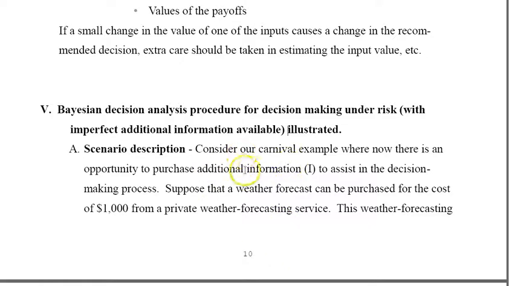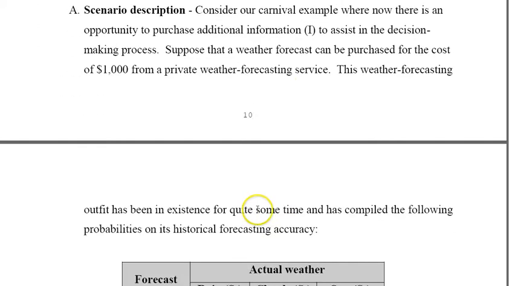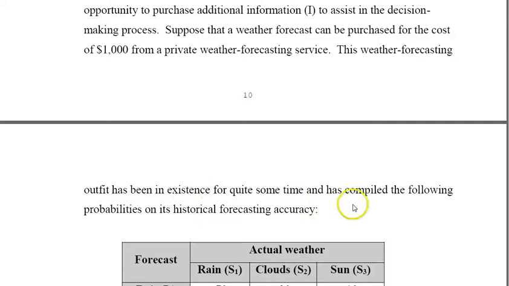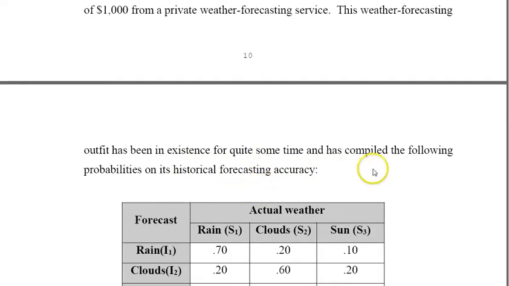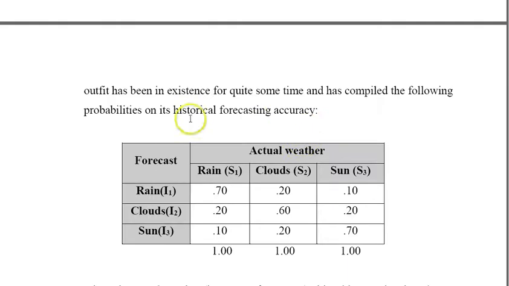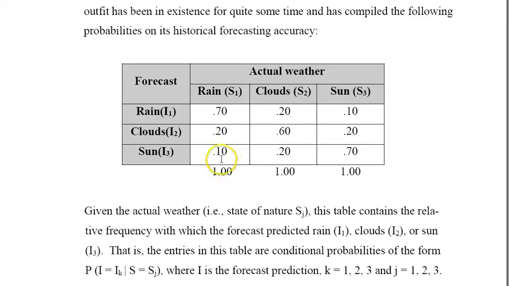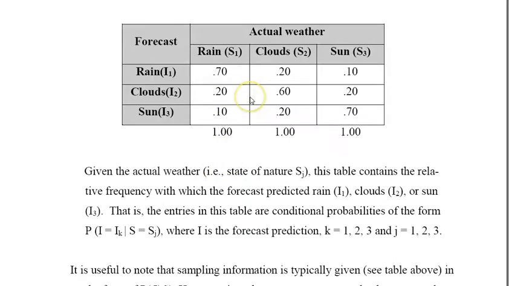Here we have the scenario where our carnival now has an opportunity to purchase additional information, call it I, to assist in the decision-making process. Suppose that a weather forecast can be purchased for a cost of $1,000 from a private forecasting service, and this forecast has been in existence for quite some time, and they give us their historical accuracy. This is how accurate that forecast is, and we have an opportunity to pay for that forecast if it helps us to improve our